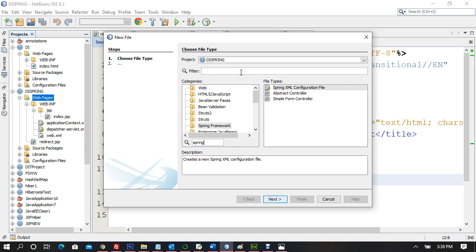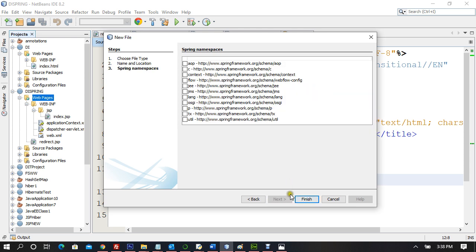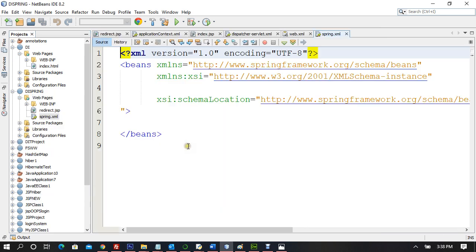So I'll go with Spring XML configuration file and call this spring.xml. These are the things that you may include, but we may not require them. It's a very simple container class, spring.xml, which will take our configurations, and we'll call this XML